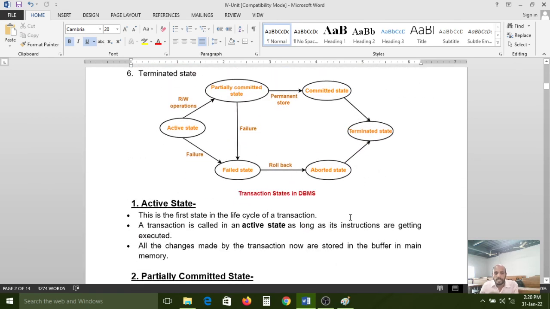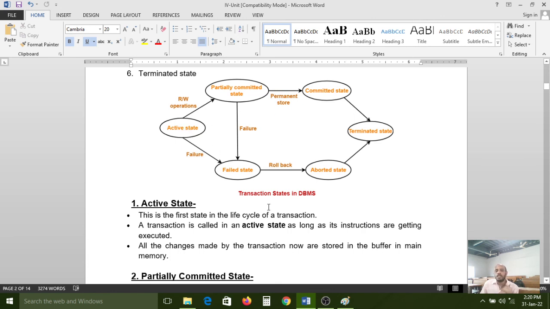Carefully observe. Once again, we have to see the states diagram. So what is durability's functionality? When the transaction starts, then here we have the committed state. The data is permanently stored. When the transaction is successful, the data is permanently stored into the database. Otherwise, when the transaction fails, automatically all the operations will roll back to the starting point.